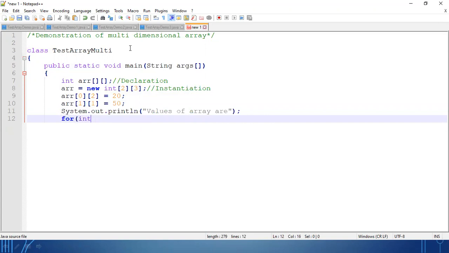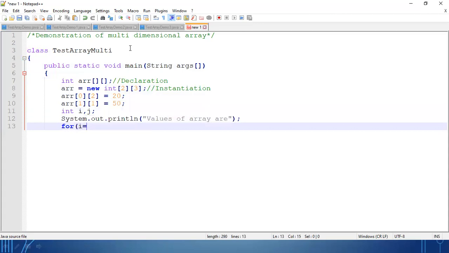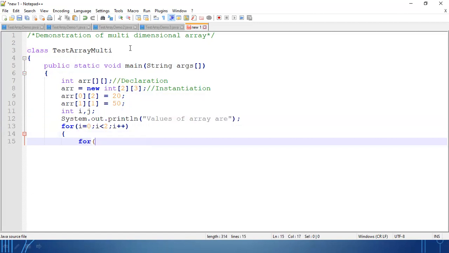Integer i comma j, i equal to 0, i less than total number of row, which will be 2, i plus plus. So the outer loop is for the total number of rows. For every row, the column loop will execute repeatedly. So j is representing the column value.